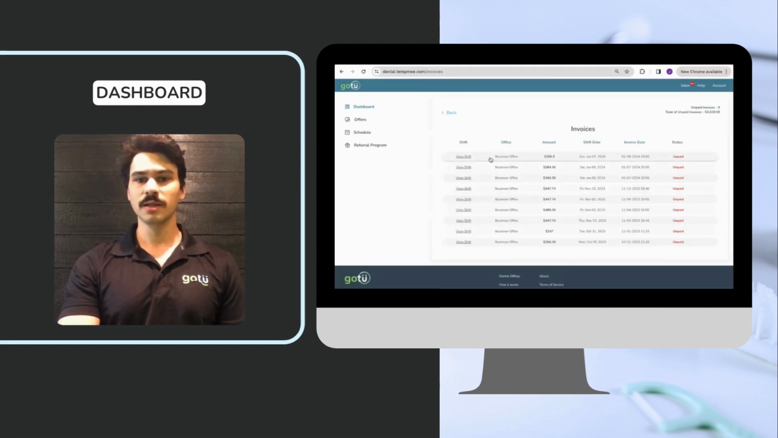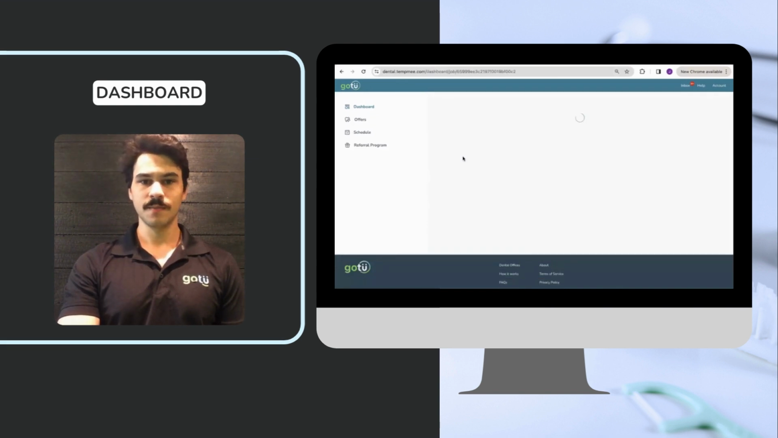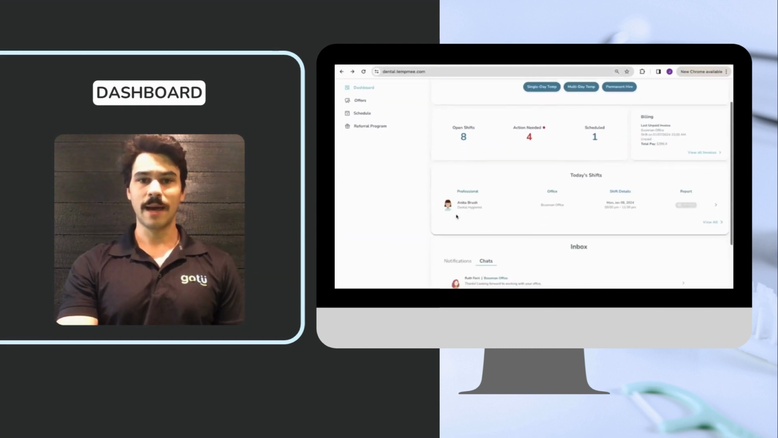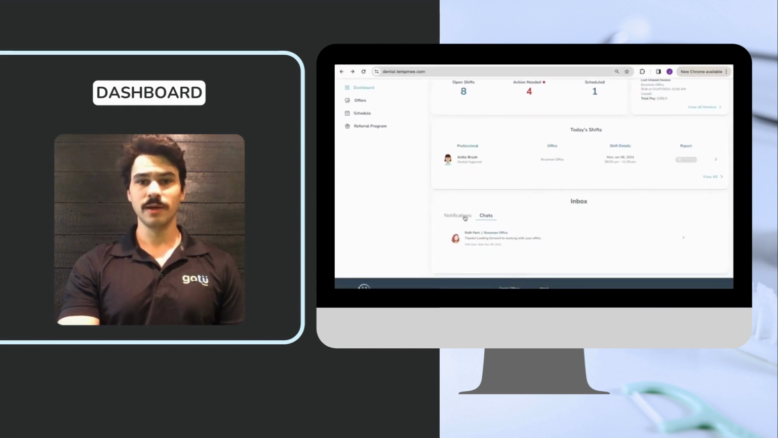So this is going to be a list of all the different invoices that have been sent to your office. You can click into any of these to get more information on the shift and the breakdown of the cost. At the back of the dashboard, one other section I want to show you is the inbox section, where you